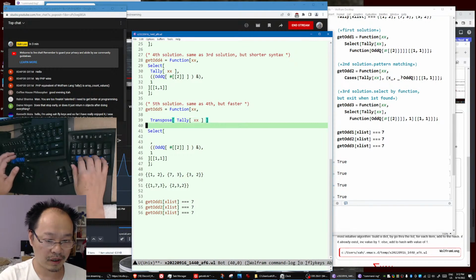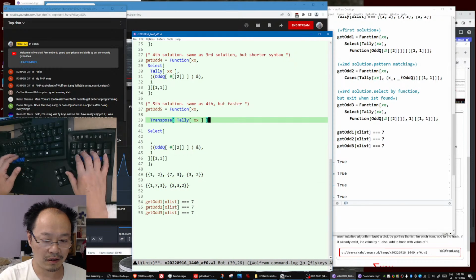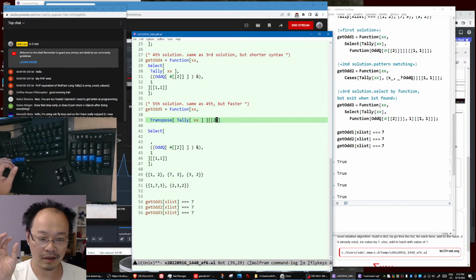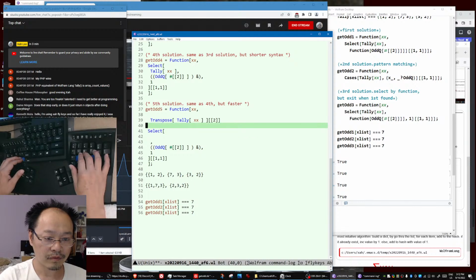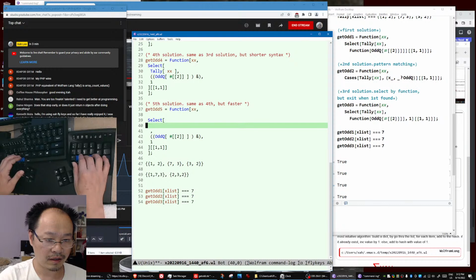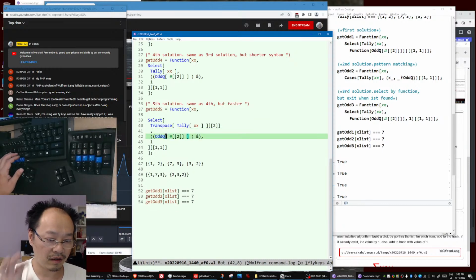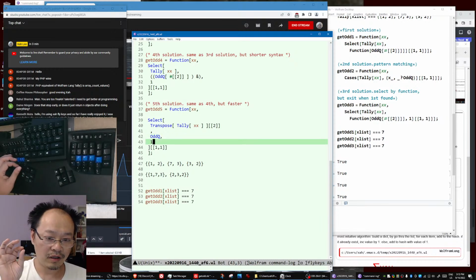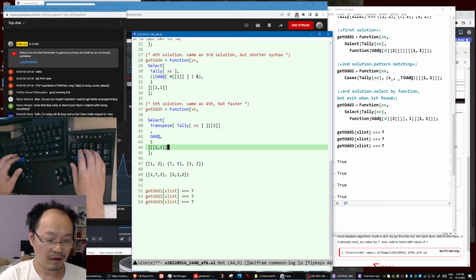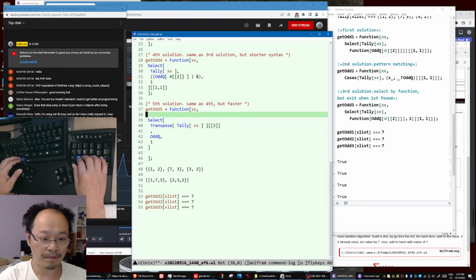So you transpose it. You take the second element. Okay, then you select from there. The criteria is just odd. That's all there is, odd. Then you only want the first one. Okay, so once you get that, let's assign it to